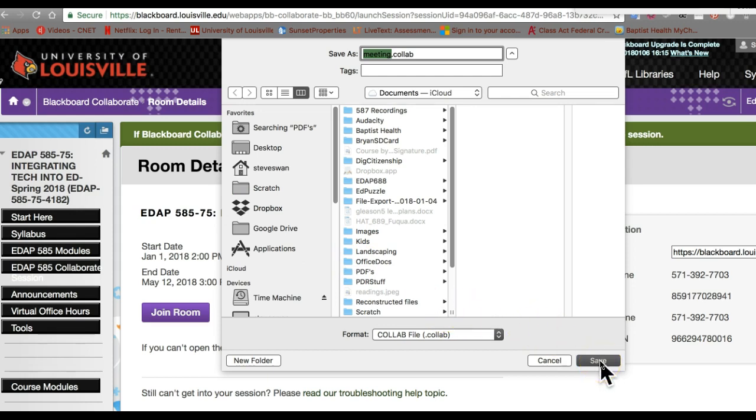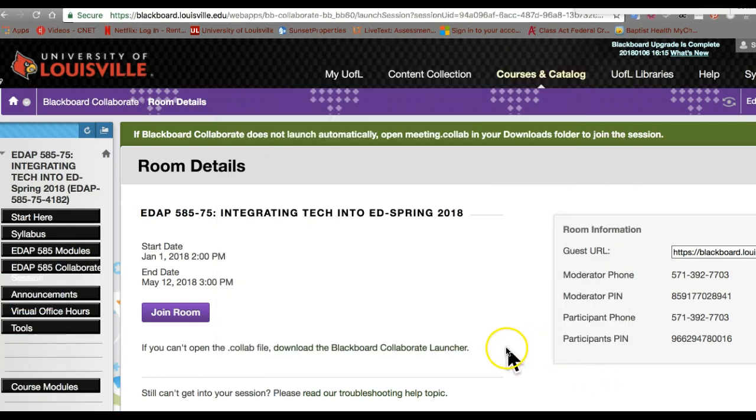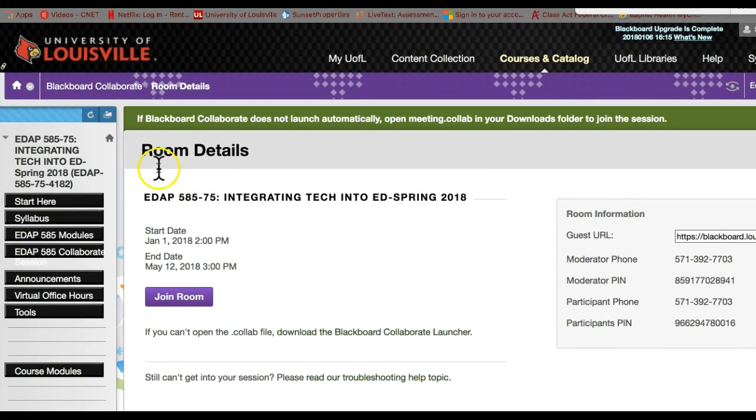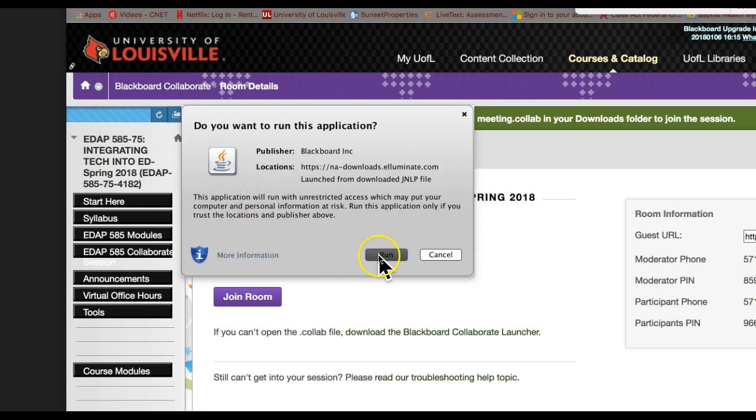Now, in Chrome, the nice thing about it is once you save it, it'll appear over here on the left-hand side. In Firefox, once you save it and use it, it builds a path, and so it always remembers where it is. So I always just put things like this on the desktop because it's easy to find again. And I'll save. In Chrome, it's located down here in the bottom, which is kind of hard for you to see, because it's below what I'm filming. But it's down here, and I click on that, and it starts the Collaborate application. This pops up, and it says Run.